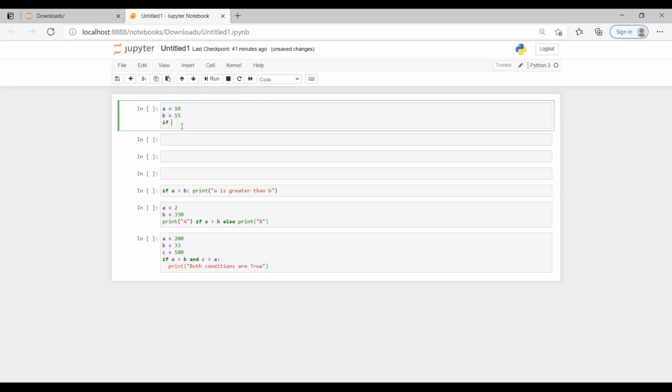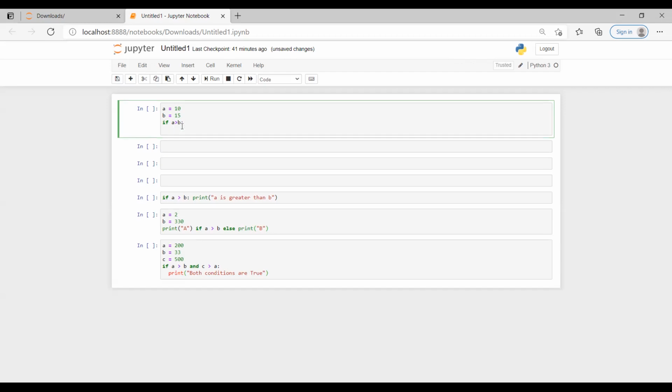If statement: if A is greater than B, print A value is greater than B.